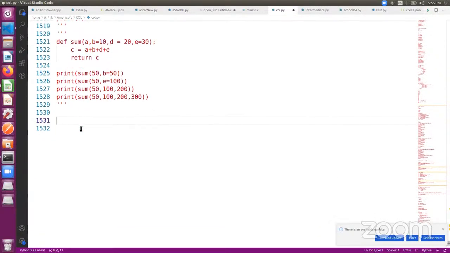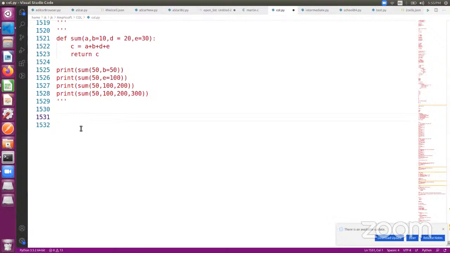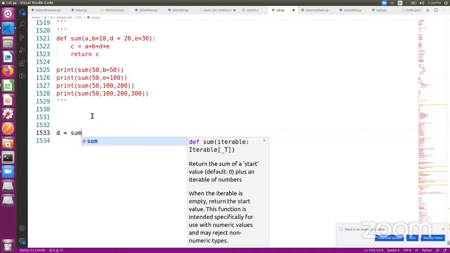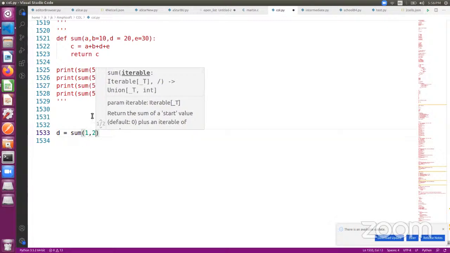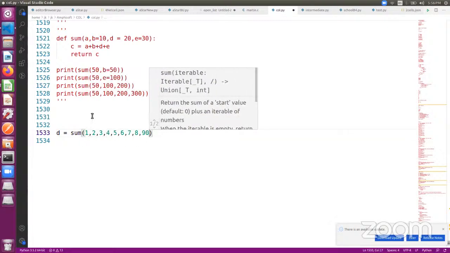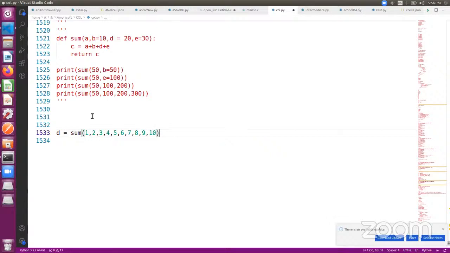And the last type is variable length argument. So variable length argument, suppose you don't know how many elements you're going to pass. Suppose you're going to pass D is equal to sum of 1, 2, 3. Or you know how many arguments you're going to pass, but I don't want all the arguments to be given different names. So for 1 A, for 2 B, I have to declare 10 different variables, right? So instead of that,